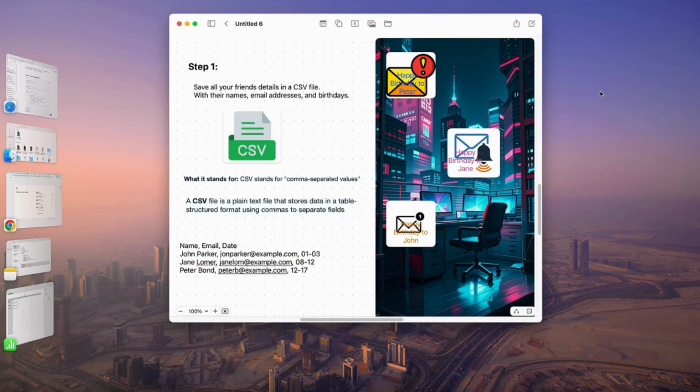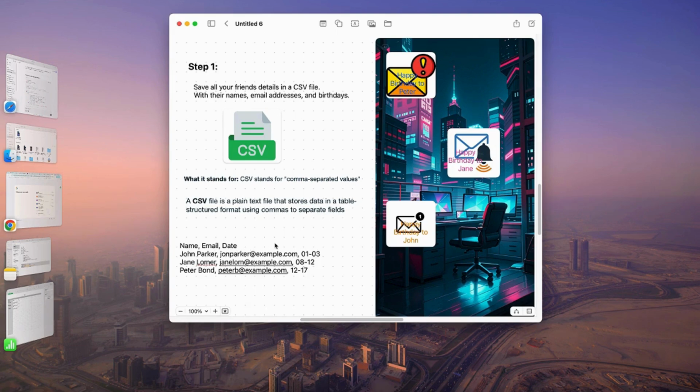Welcome back. The very first step that you are going to take to begin this project is to create a database of all your friends' names, emails, and dates of birth in the exact methodology as seen on the whiteboard on your screen. Make sure that your data follows the exact pattern seen on your screen. There is a comma sign after each data, as you can see, starting with name comma, email comma, and date comma. Enter all your friends' details in that pattern, then copy your data and save these data using your spreadsheets